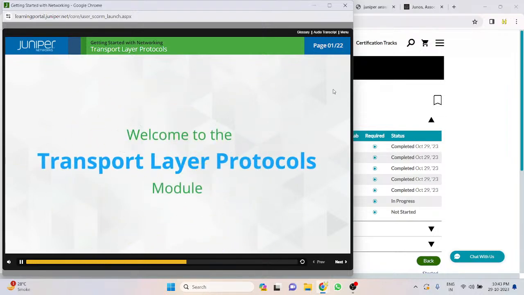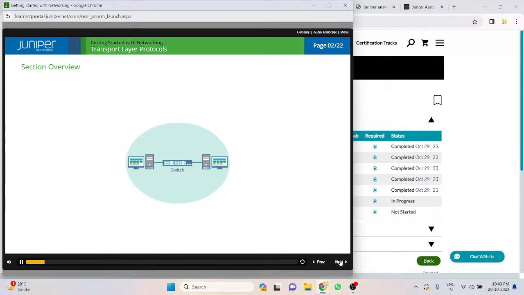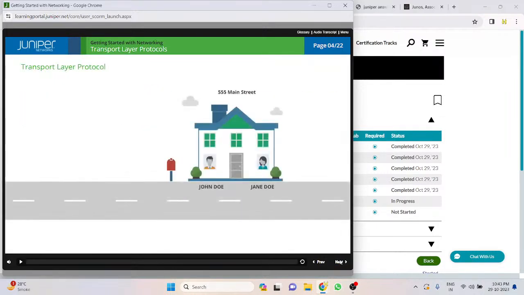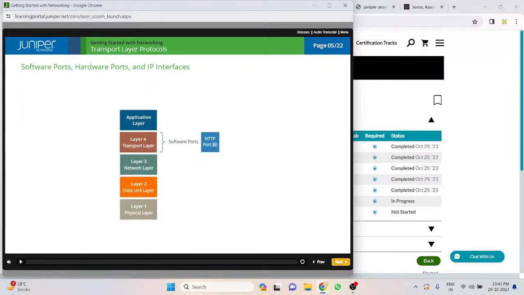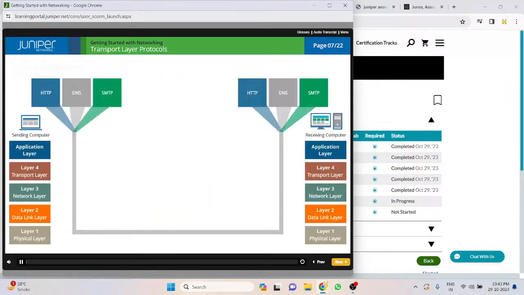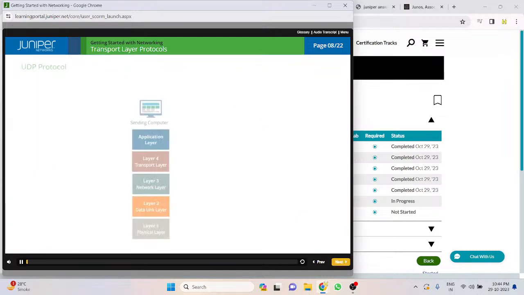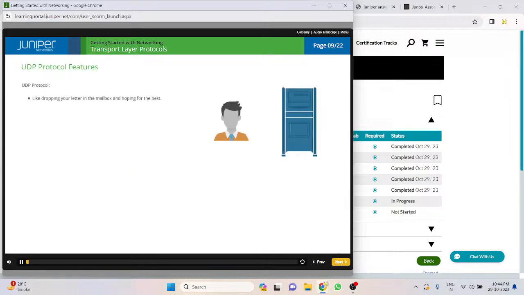Welcome to the Transport Layer Protocols module. So far in this course, when you send data, you might remember from